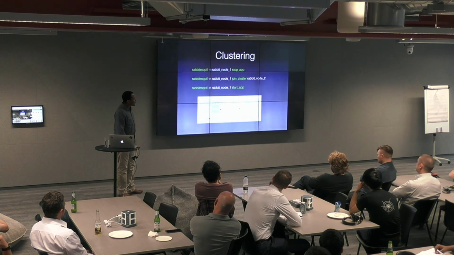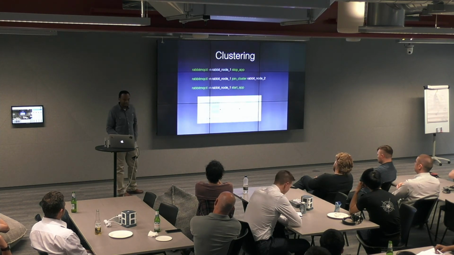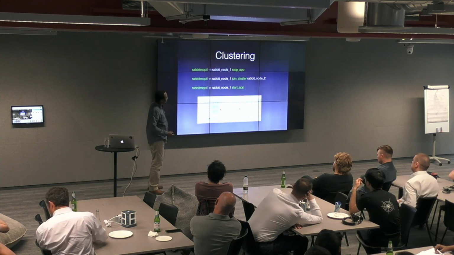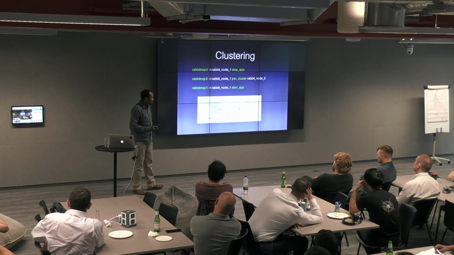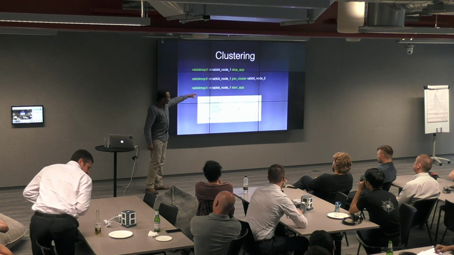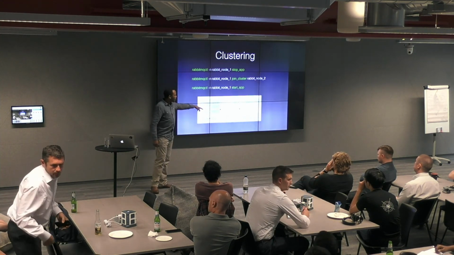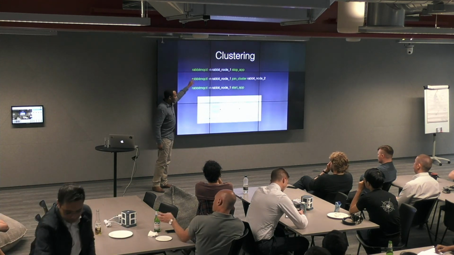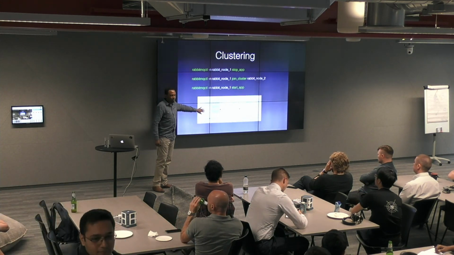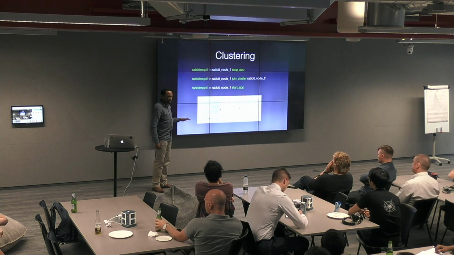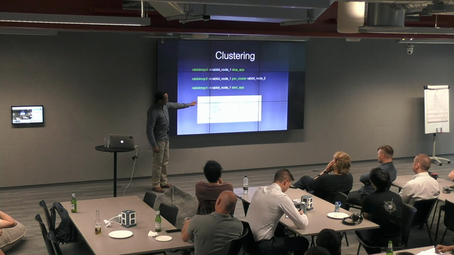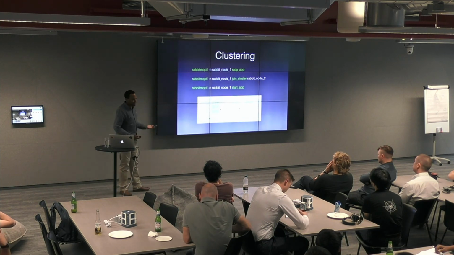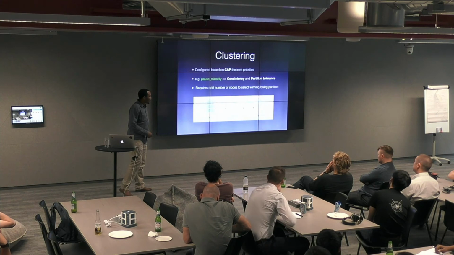So RabbitMQ introduces the whole concept of clustering, right? And clustering is just a three-command operation, right? You install your new node, and you stop your current node, stop the application. You join it to the remote node, right? So when I say stop the application, you're not terminating the actual node. You're just pausing the application, right? And then you join it to the remote node, and then you just start it up, and you've got a cluster, right? So clustering is very straightforward in Rabbit.